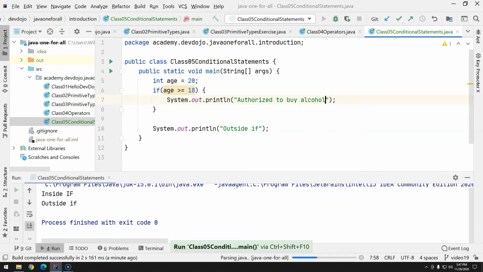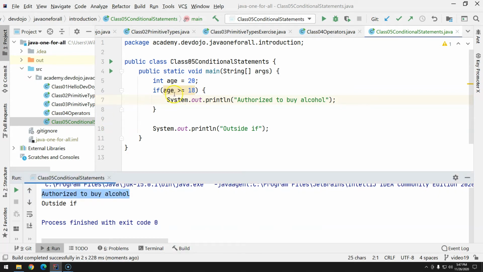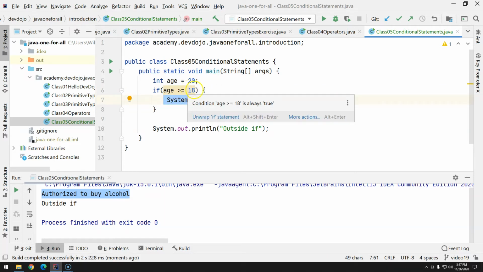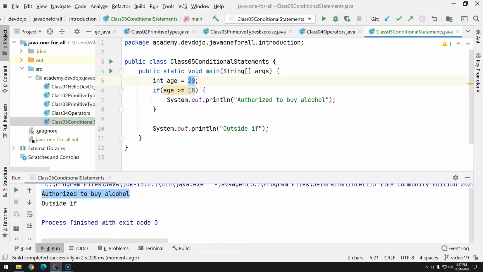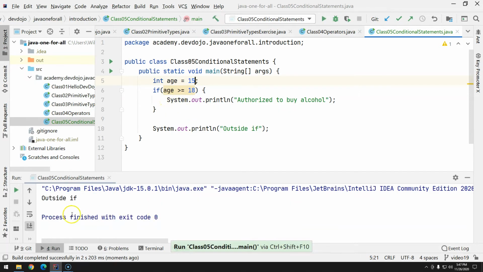Control Shift F10, and you will see that this is in the console because age is 20. 20 is greater or equals than 18. This will result in true. If true, then execute my block. And remember, if you are not over 18, this will result in false. And if false, the block is not executed. As you can see, if we try to run,